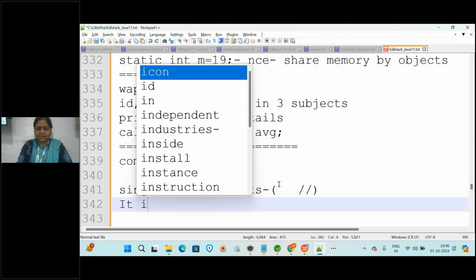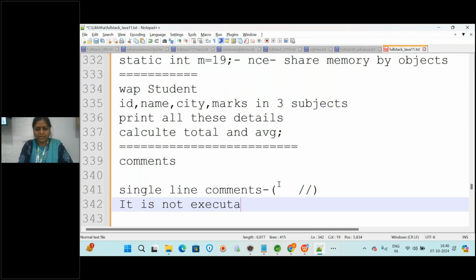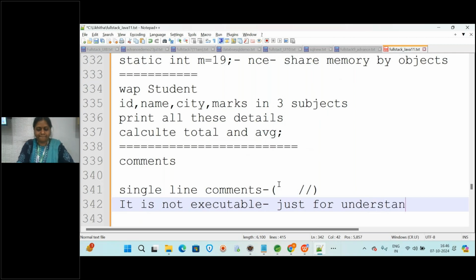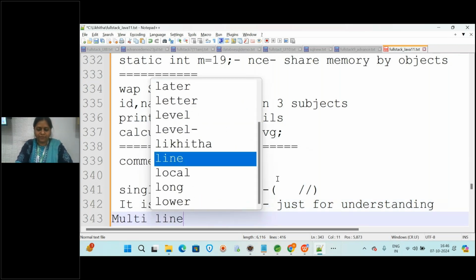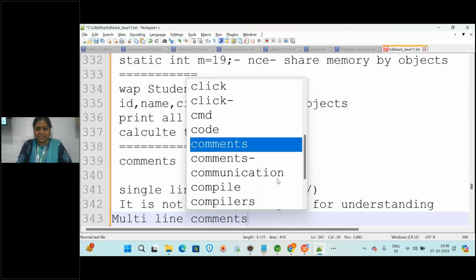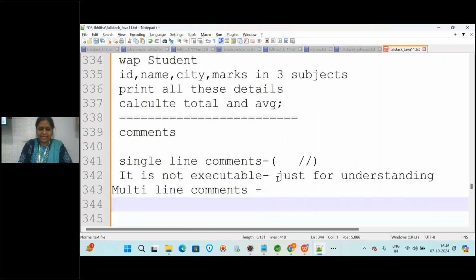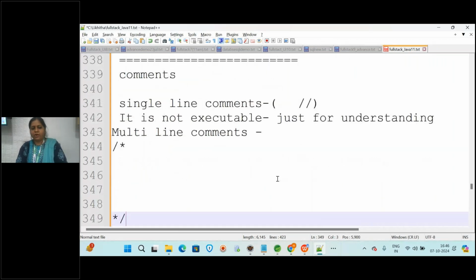Comments are not executable. And the next one, if you want multi-line comments, then you have to use slash star and then star slash. Whatever you write goes inside it.